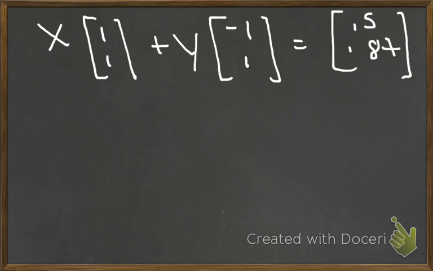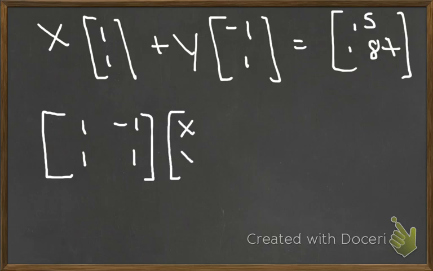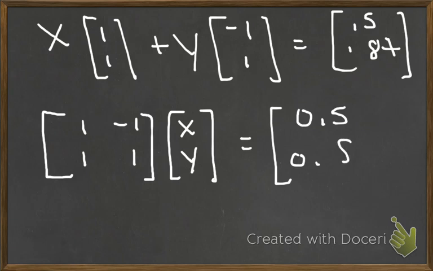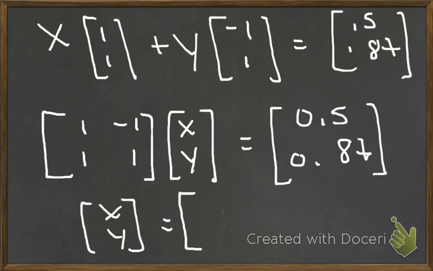And from this vector equation, we saw that we can make a matrix equation that looked like the matrix [1, -1; 1, 1] times a vector with components x, y, the unknowns, was equal to (0.5, 0.87). We were able to augment and solve, and then just as we had seen from our picture, we ended up with the vector xy, or the coordinates in terms of our new basis, was equal to (0.69,